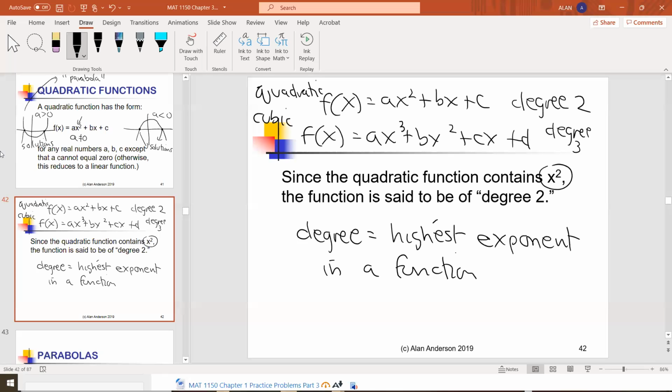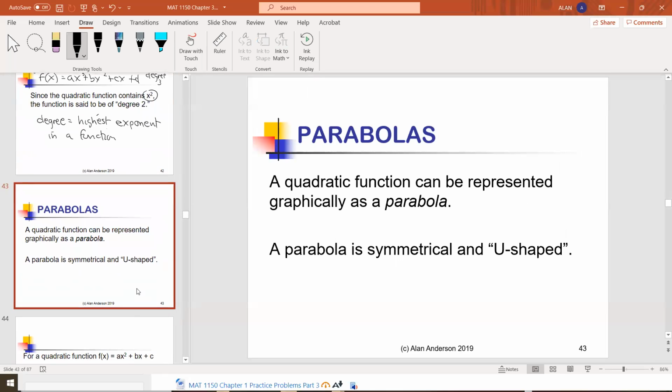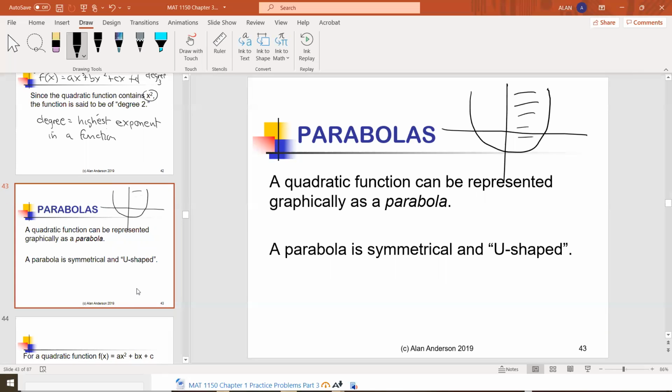Okay, now of course, as I started to say, these quadratic functions are always expressible as a parabola, or illustrated by a parabola. And, you know, we're pretty familiar with a parabola. It has two very key properties. It looks like a U and it's symmetrical. Let's say this is our parabola. Everything on this side matches up with everything on this side. That's what the word symmetrical actually means. The left and the right-hand sides